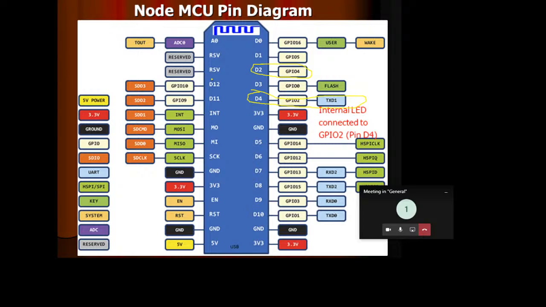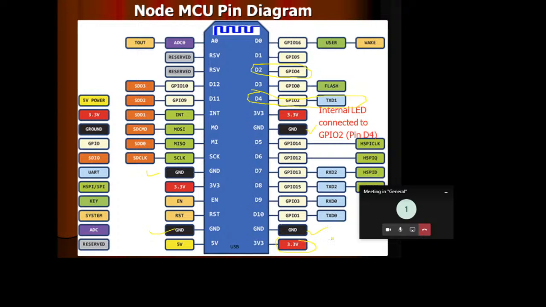Whatever external sensors or external devices you are connecting, you will be able to get a 3.3 volt terminal from here and ground from here. There is more than one ground. If you require more grounds, you can use any of these pins. This is also ground, this is ground, this is also ground, and this is also ground.